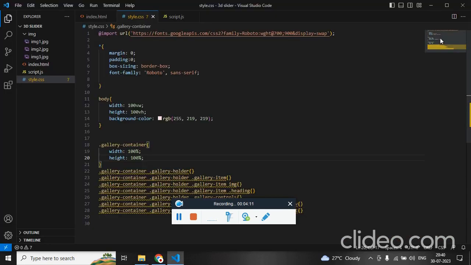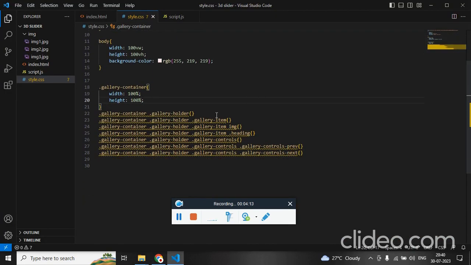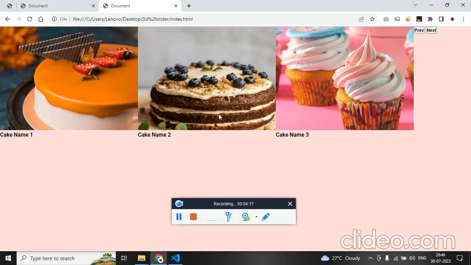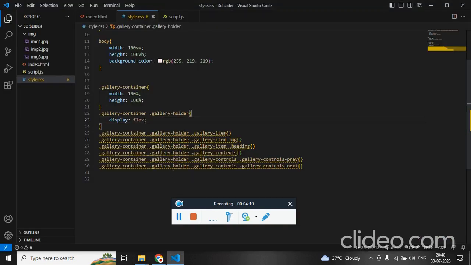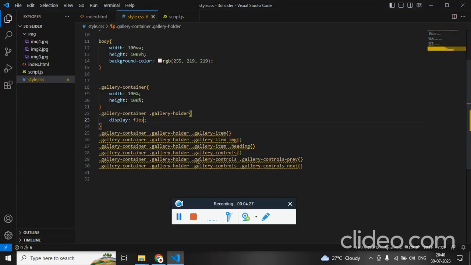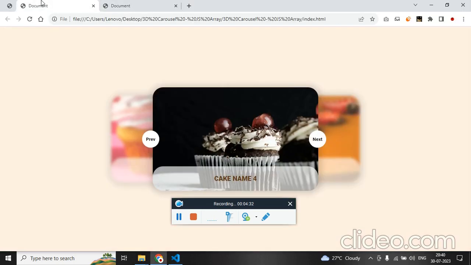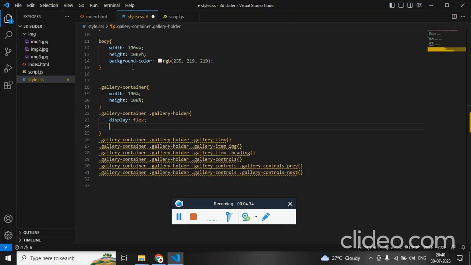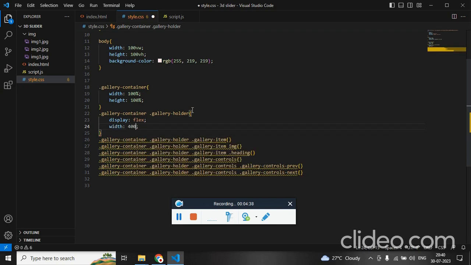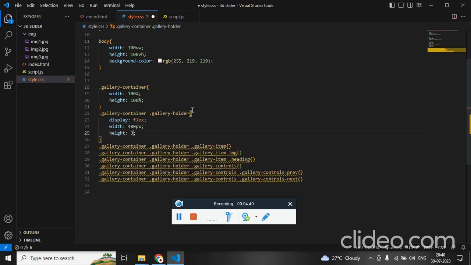So once this is done, we know our gallery holder holds 3 gallery items, so we can use display flex, so they will be displayed one after the other. And without getting confused, I would like to specify the gallery holder. So I think the gallery holder width is about 400 pixel and height is about 300 pixel,